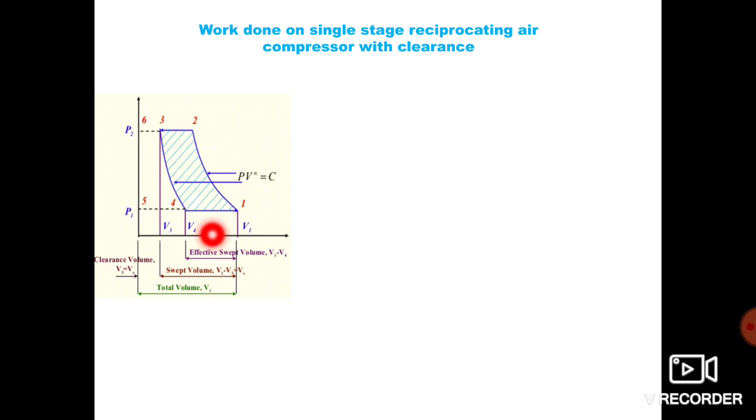Okay, now piston moves downward for suction stroke. The air trapped in the clearance space expands polytropically to pressure P1. Here at the top position, clearance volume Vc is equal to the volume V3. Also V1 is equal to V4. Effective swept volume or the actual volume is the volume of air that is being sucked in by the compressor. And V1 till V3 is the swept volume, that is volume swept by the piston in the cylinder.